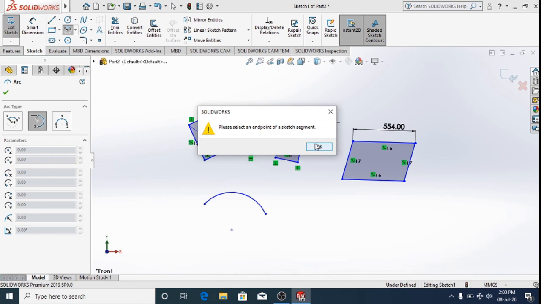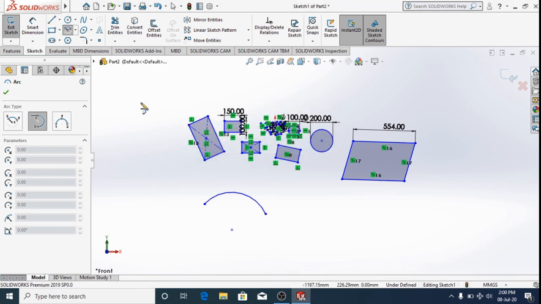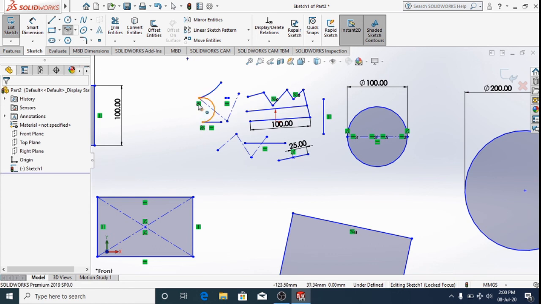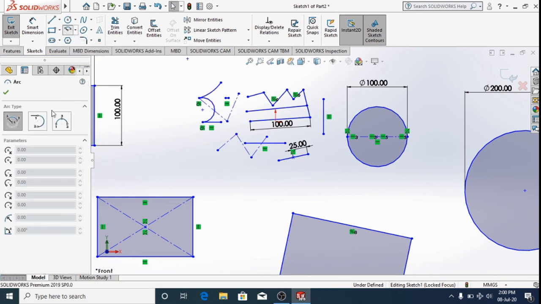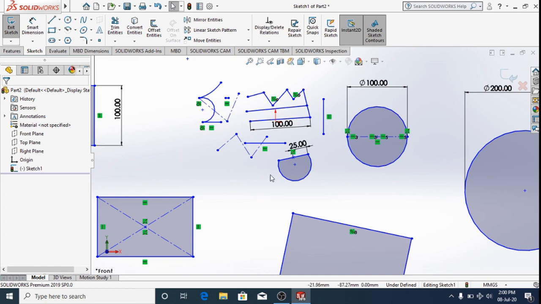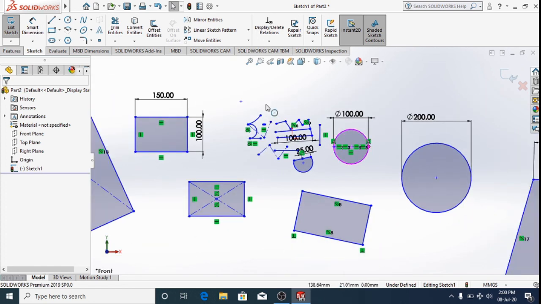Here let me show you. Okay, it needs an endpoint. Okay, let me take this line. Here, I hope you can see this and understand that. Yeah, this is how the second feature in the arc, the tangential arc, works, and this is the third one, and I hope this also needs an endpoint. So this is how you can make the arc. I hope you understood all of these features. I'm going to continue the other features in the next video.